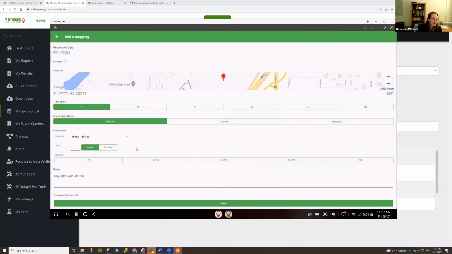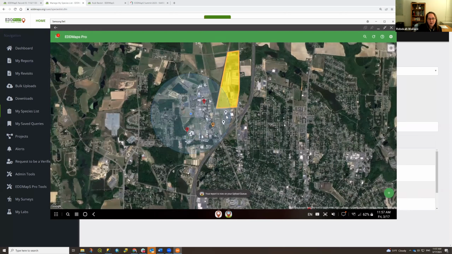Oh, that's right. For Pro, you do have to potentially select some additional information. And that's really the reason why the more professional users don't have the multi-species option in Pro, because it's trying to make it where you quantify how much of that species is at that location. And so, yes, you have to do multiple reports to make that happen.